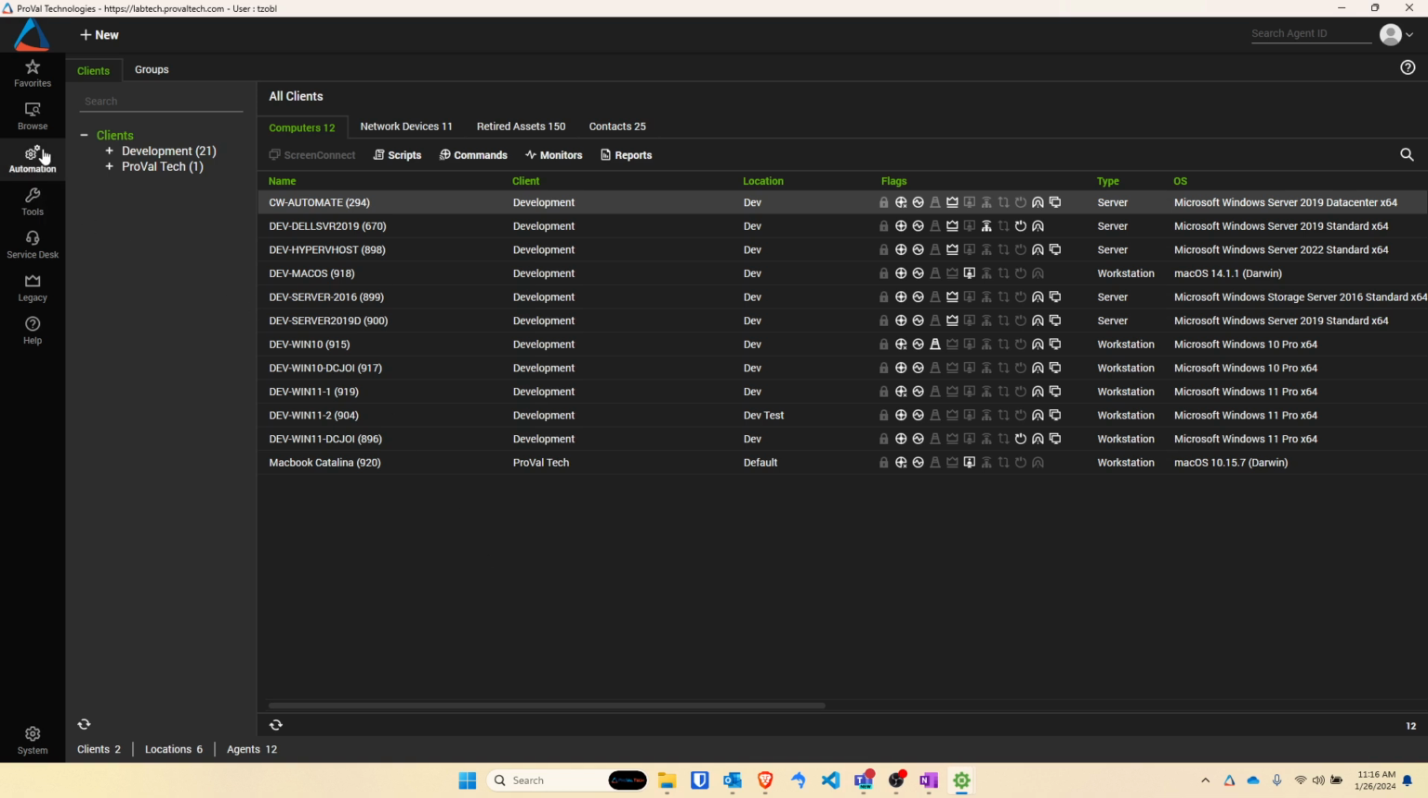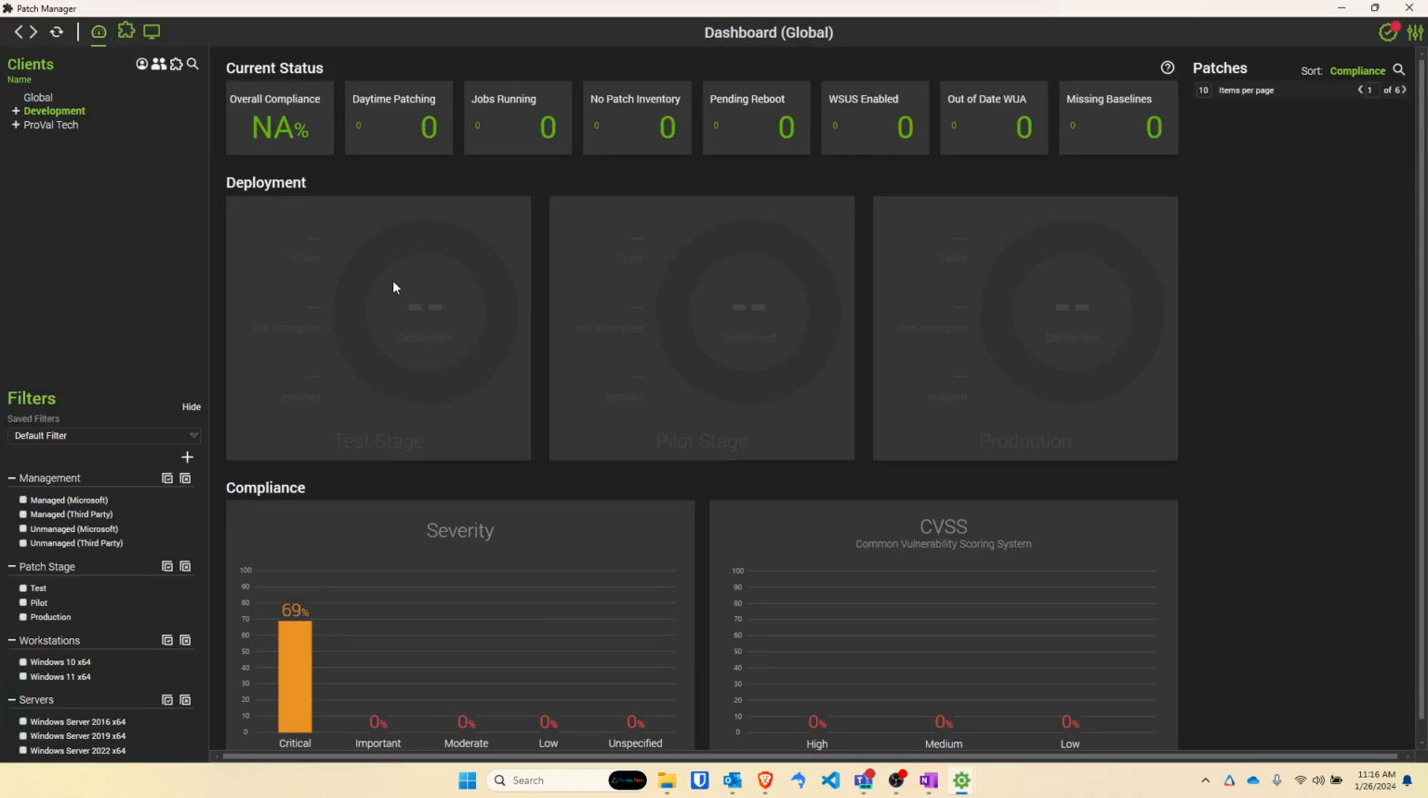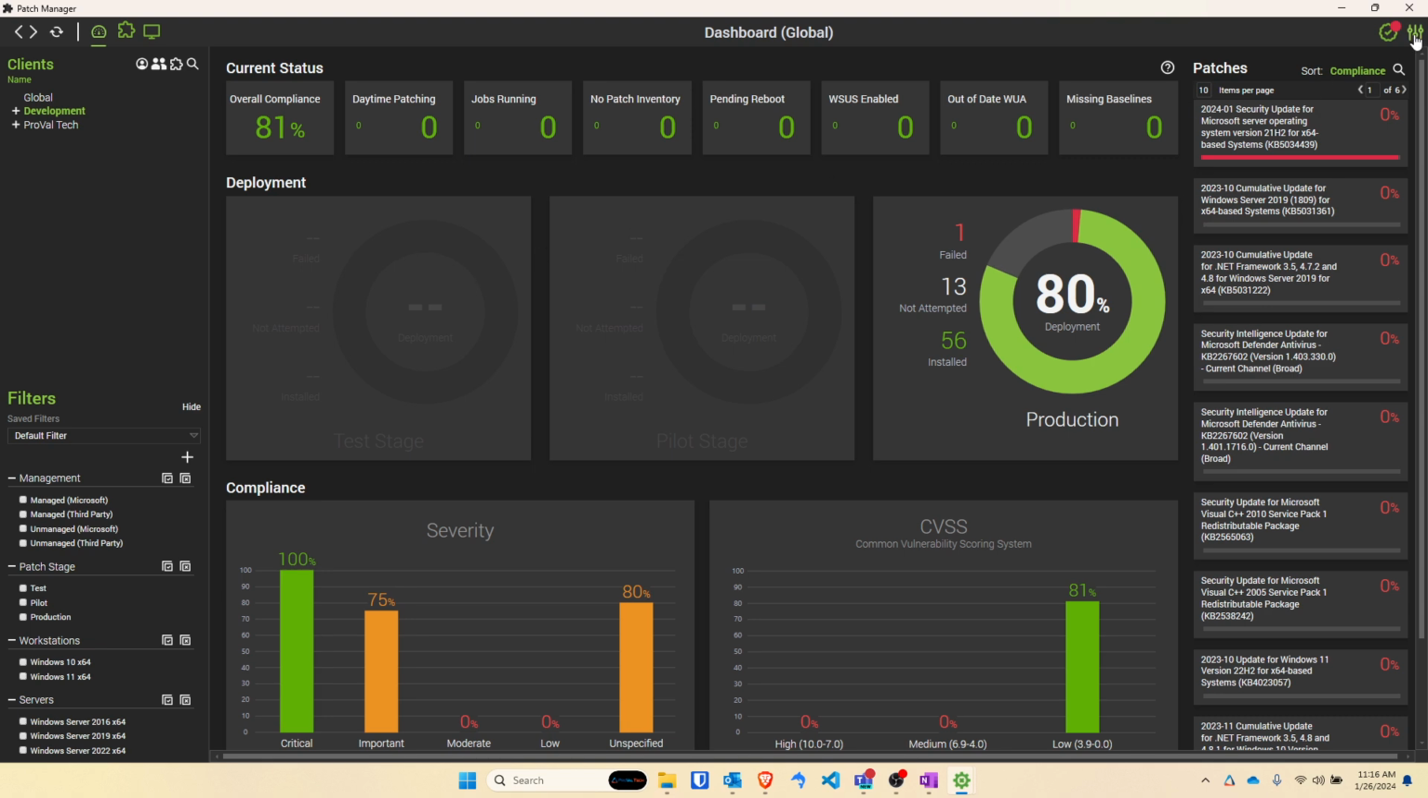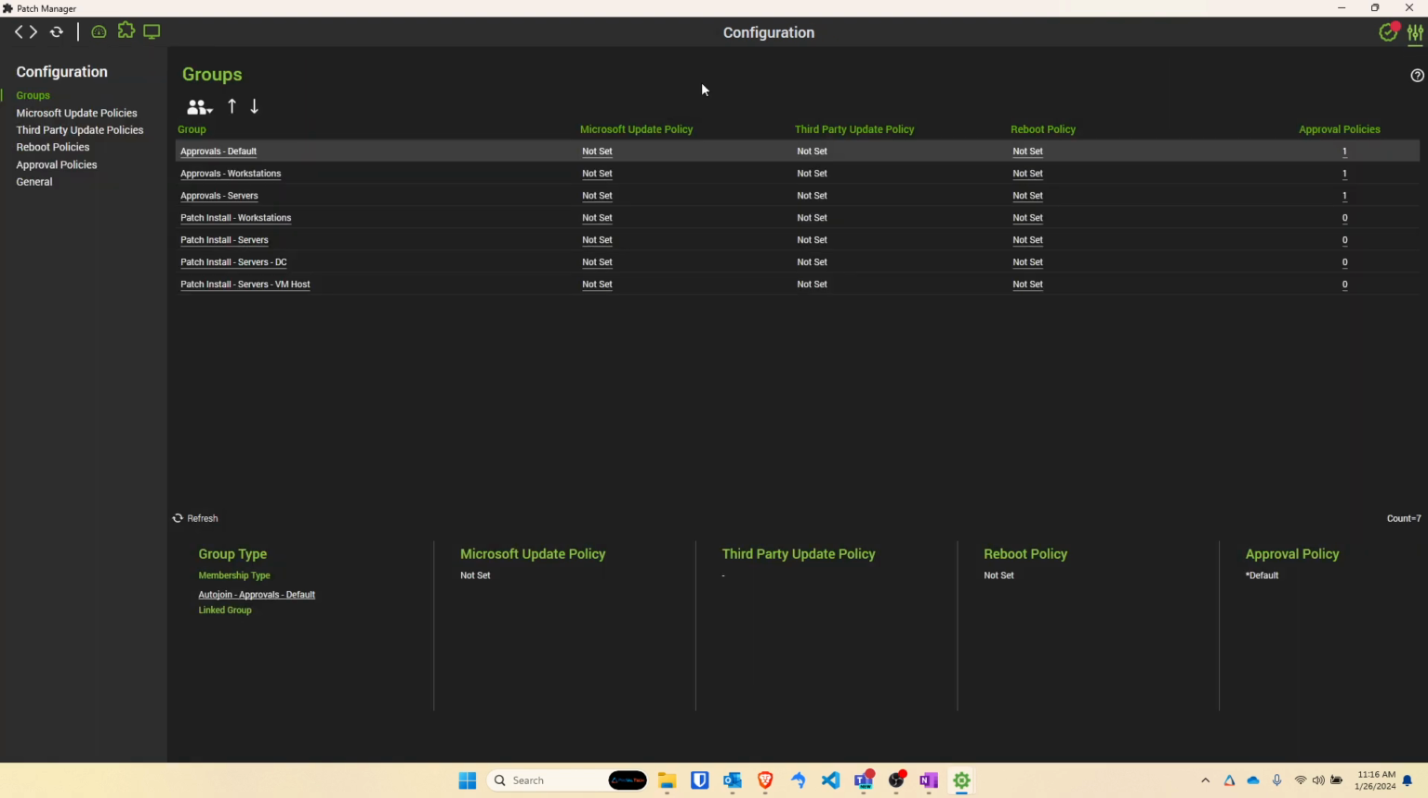So as always with patching, we're going to be in the desktop client, we're going to go to Automation and then Patch Manager. And once this loads up, just to recap some very basic things real quick. If you're not familiar with the way that Patch Manager works, I'm going to give you the very brief overview here as it pertains to this video. We've got lots of other videos on this channel that you should check out if you're not familiar with the fundamentals yet. But essentially, these are all the groups that apply different patch policies for Microsoft updates, third-party updates, and